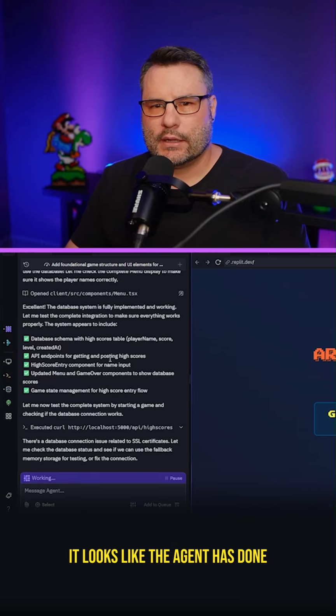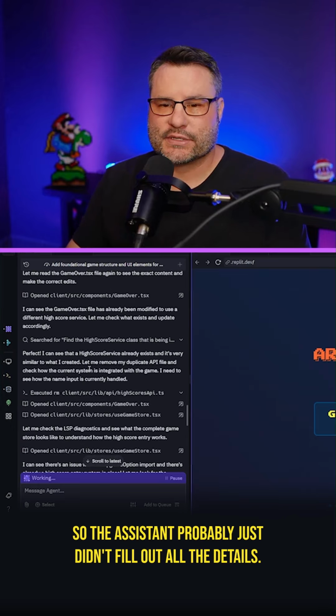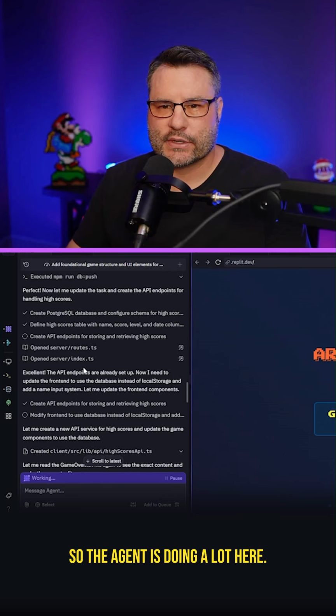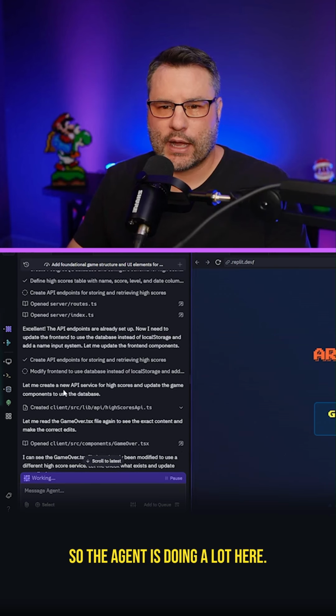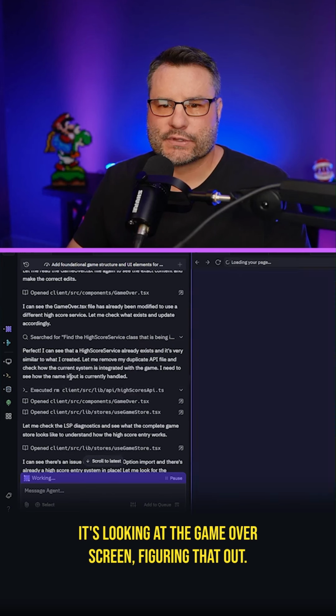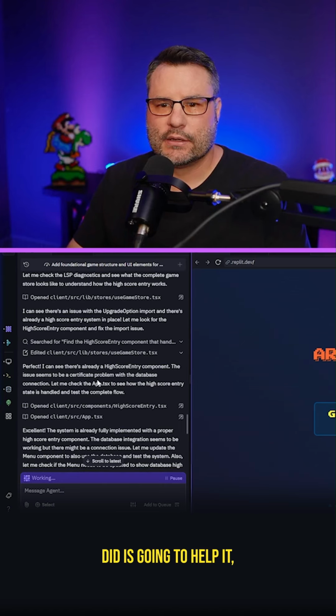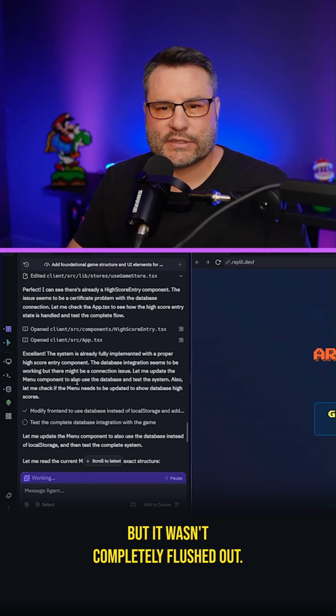Okay, it looks like the agent has done a lot of work. So the assistant probably just didn't fill out all the details, right? So the agent is doing a lot here. It's getting the API set up. It's looking at the game over screen, figuring that out. And it sees that some of the things that the assistant did are going to help it, but it wasn't